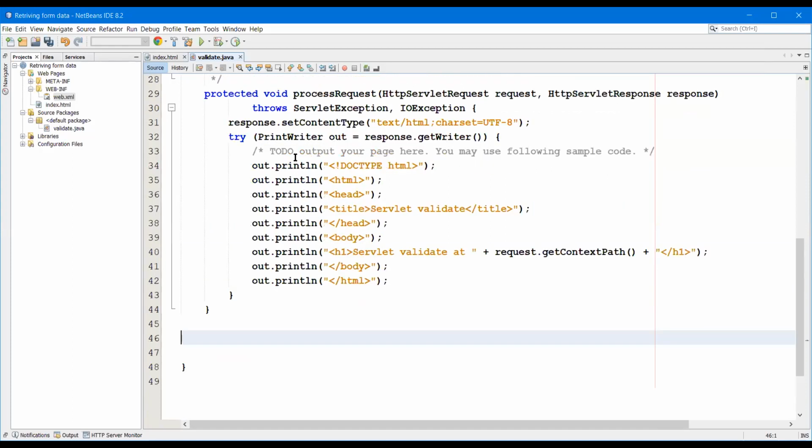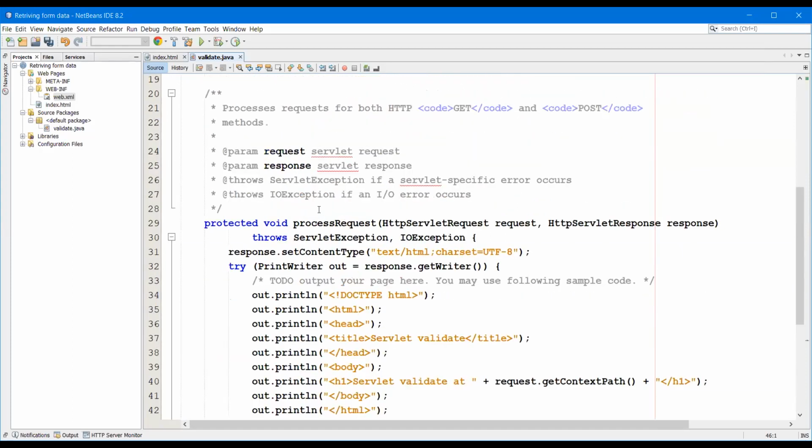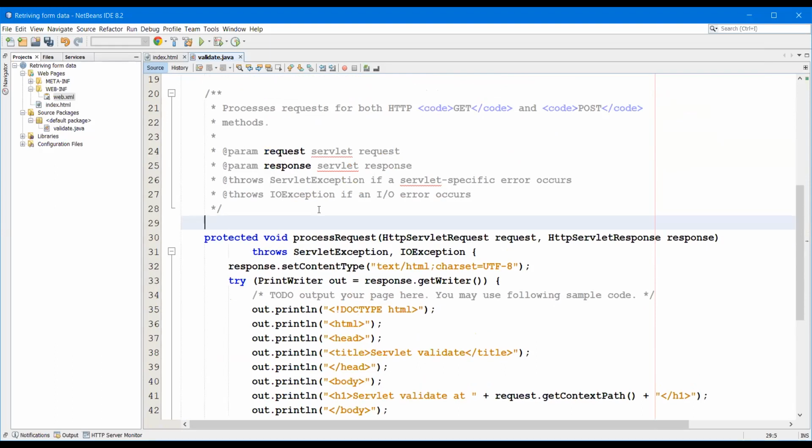Okay. So which service method are we going to use? void doPost. What are the two parameters for the doPost method? HttpServletRequest request, comma, HttpServletResponse response.